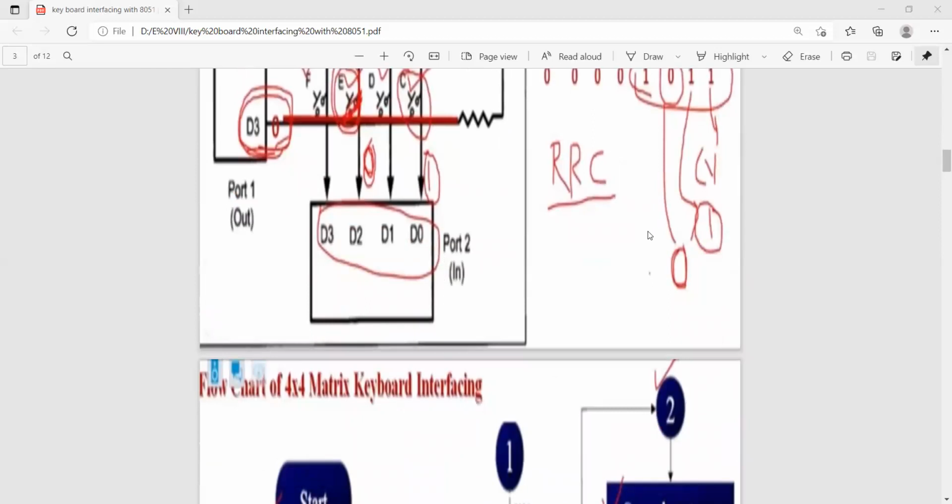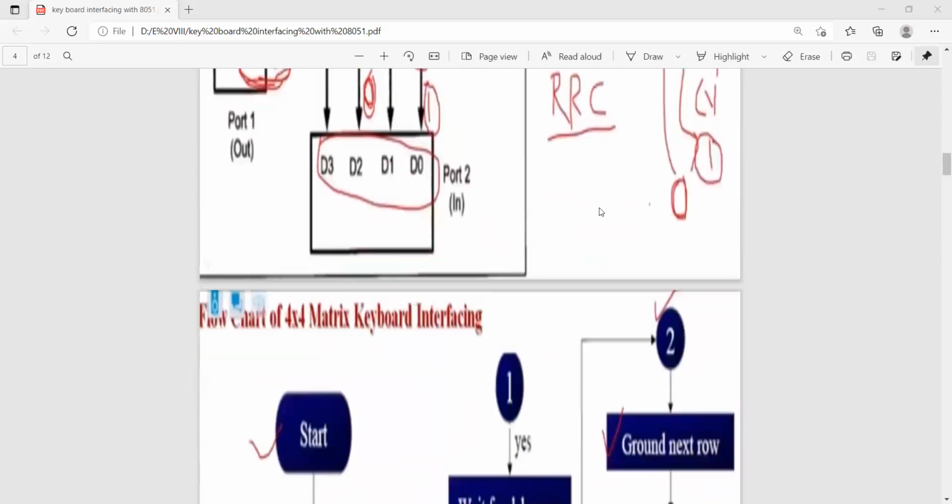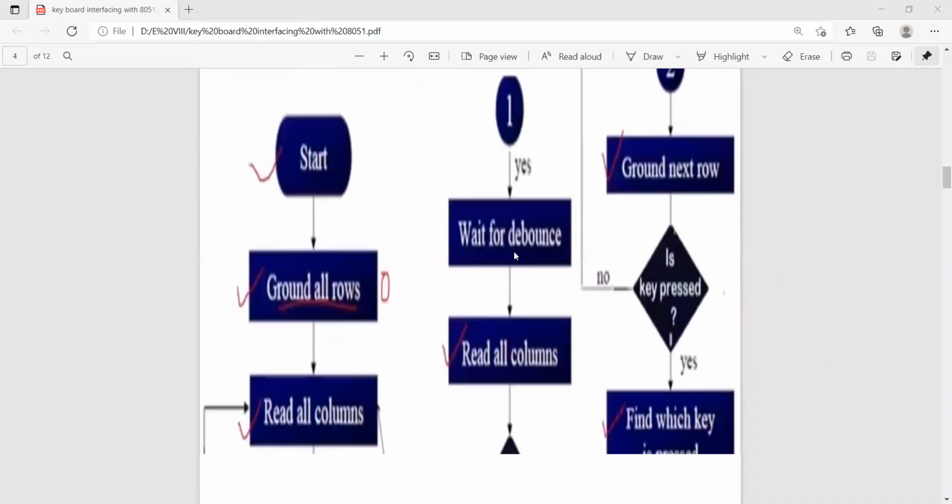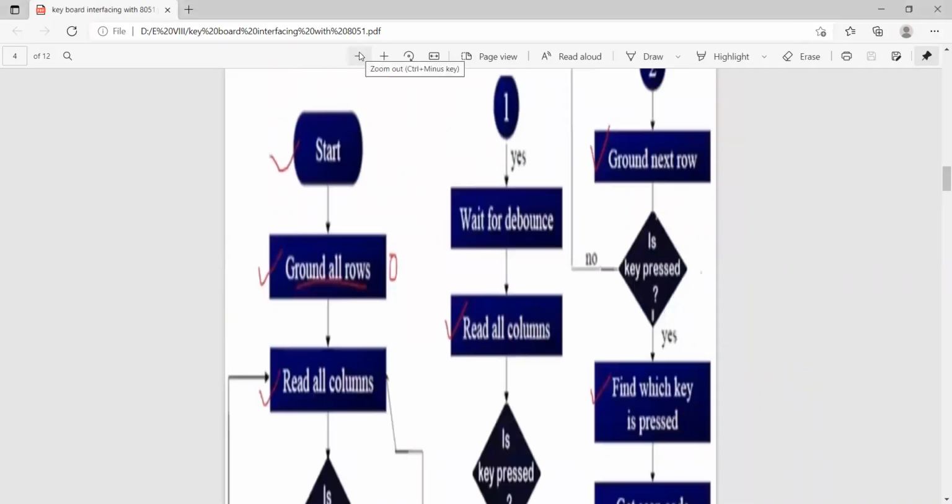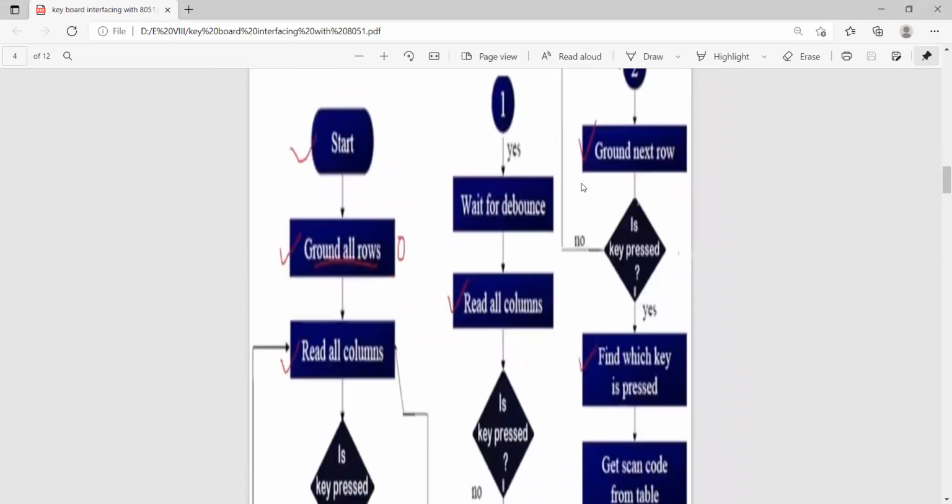Two ports are required to identify the rows and columns. One port is for identifying the columns, another port is for identifying the rows. Now this is the lookup table, and you can see the flow chart.